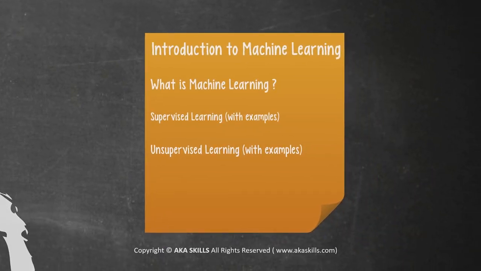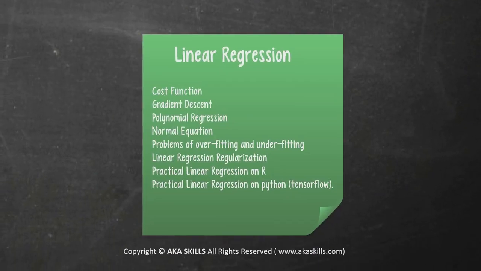The next chapter, we're gonna introduce machine learning. What's machine learning? And we're gonna see supervised learning and unsupervised learning. All of it's gonna be in examples, and also we're gonna see some examples in R and Python. And then we're gonna do some linear regression. We're gonna define what's a cost function, what's gradient descent, which is at the core of machine learning, maybe the most important thing. Polynomial regression,